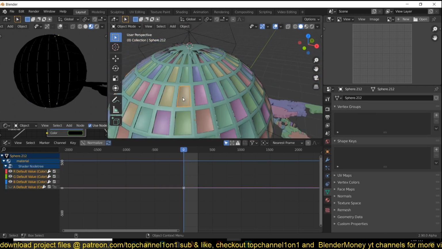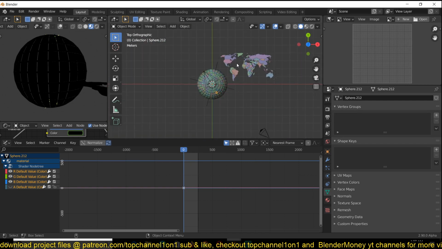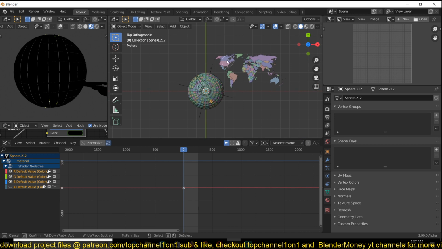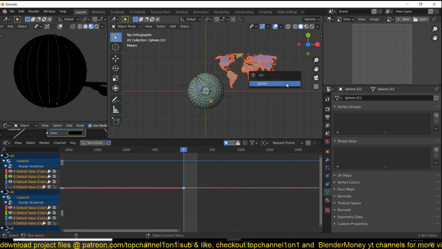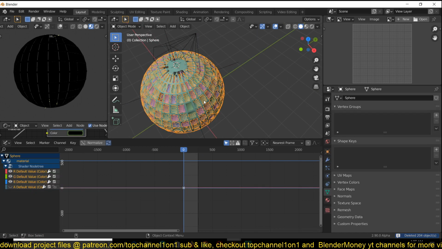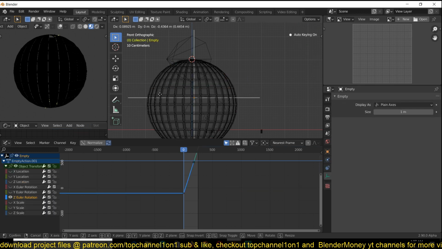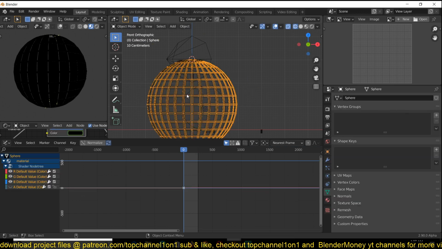We don't need the map anymore, so I can get rid of it. It's not that exciting, like this car. So let me just select these pieces, and let me first select this.